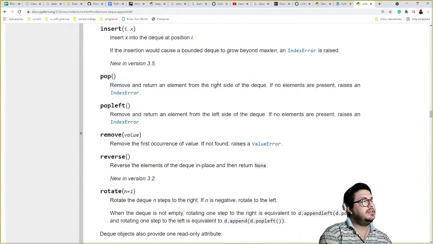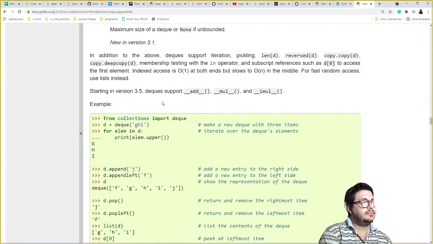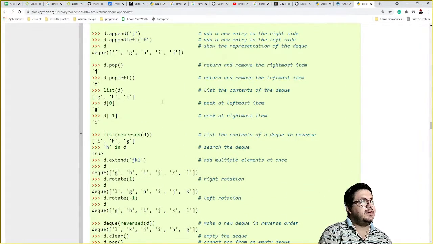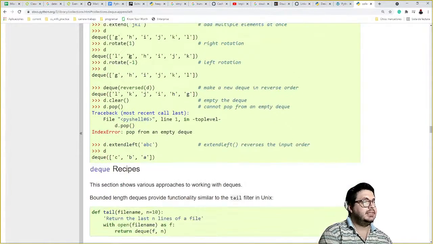Remove an element from the right side. Remove, reverse, rotate. Pop. Append doesn't return anything.